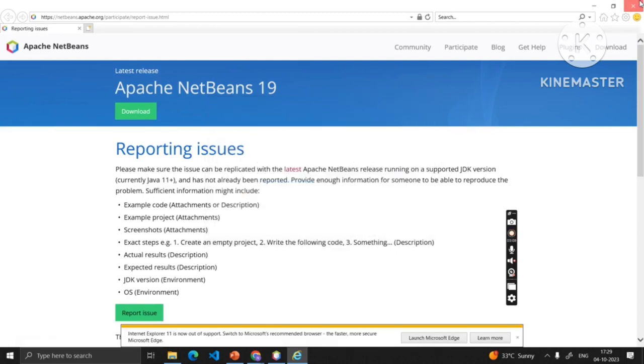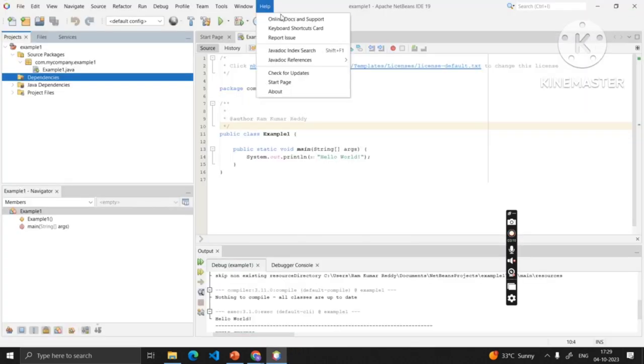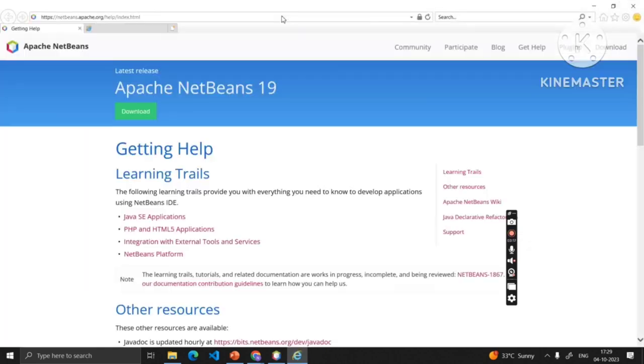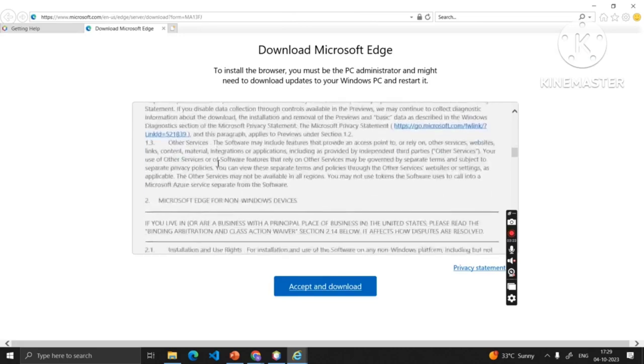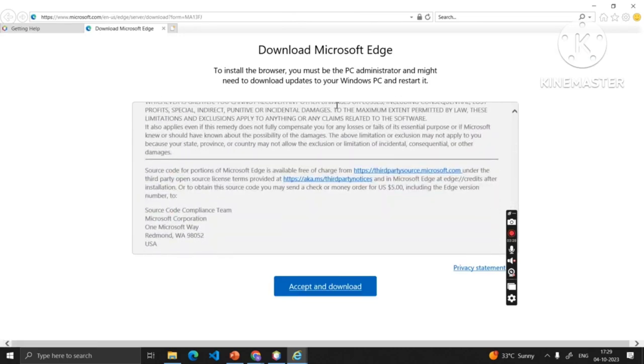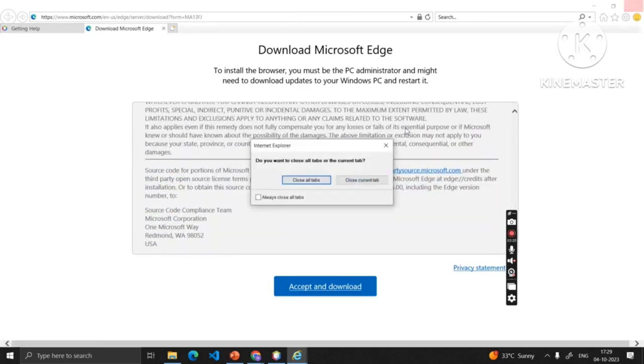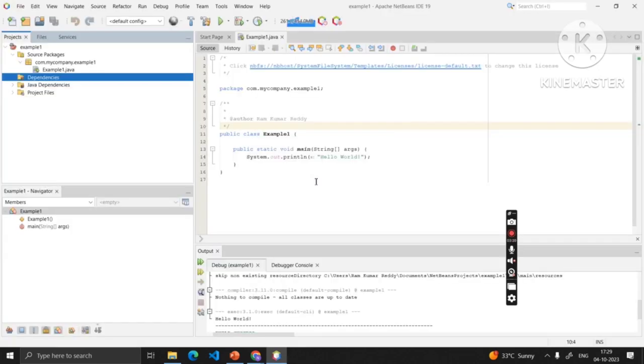Another feature is that there is a support option also, like community support. Then you can just click and you can see how existing things work. You can just accept this and go through it, and you can see it will give all community based support. As we have seen, a variety of features of NetBeans in the demonstration, we can conclude